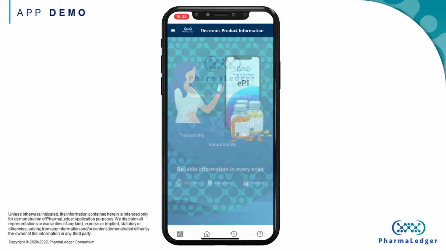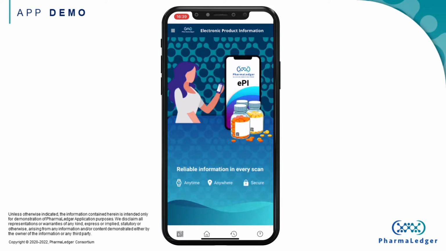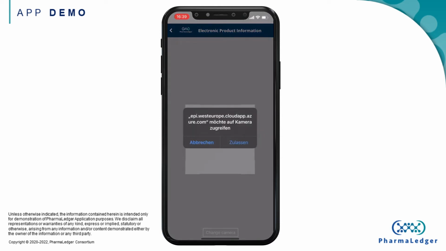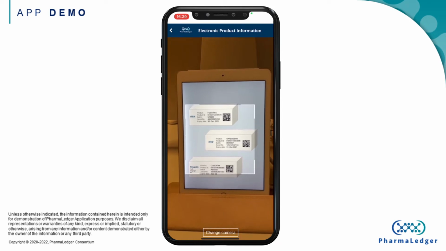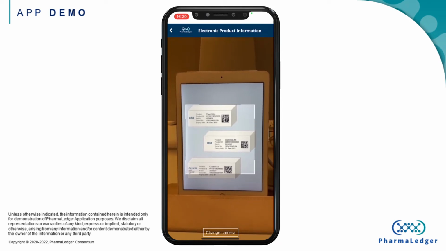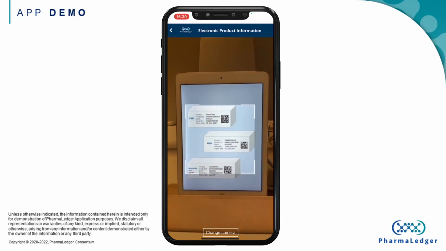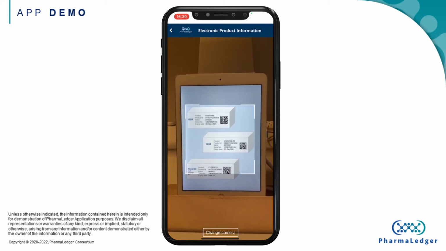This app was created with the goal of testing and presenting the different scenarios. This version was never intended to be handed over to patients or healthcare professionals. That's why the scanning button is still so small. Please see the barcode icon, bottom left. Now I press the scanning button and the app requests access to my camera. I accept. In our first scenario, we scan barcodes from different brands and pharmaceutical companies to show the app is product and company independent. This is essential for patients and healthcare professionals because nobody likes to switch an app just because of taking different medicine.